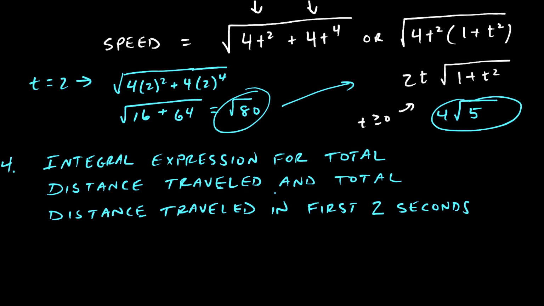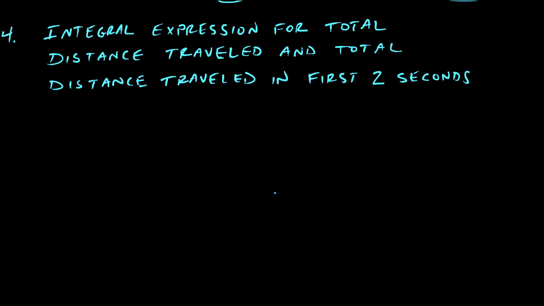All right, our final one here. We're going to find the integral expression for total distance traveled, as well as the total distance traveled in the first 2 seconds. So again, I just like to write this down. I am looking at the integral of speed with respect to time. That's all we're doing. So up there, we found out that our speed was equal to, and again, we can